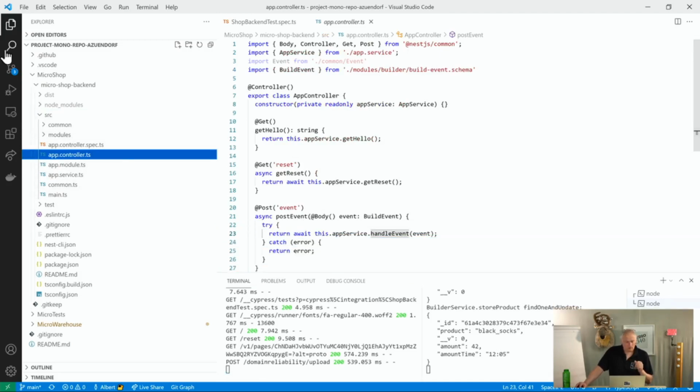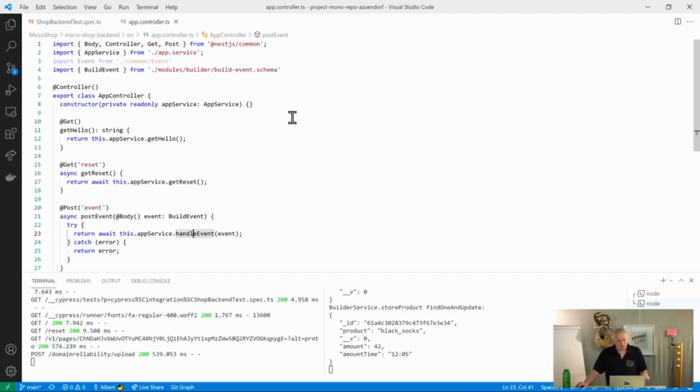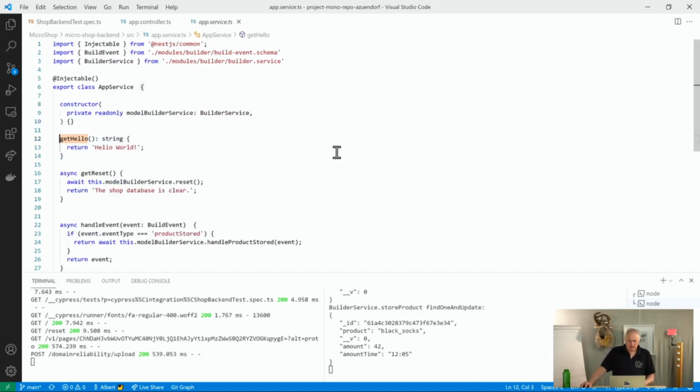The app controller has the get hello world that is generated by Nest for you automatically. If you just go to localhost 3100 with no parameters in the URL, this one is called, and this does get hello, and this says hello